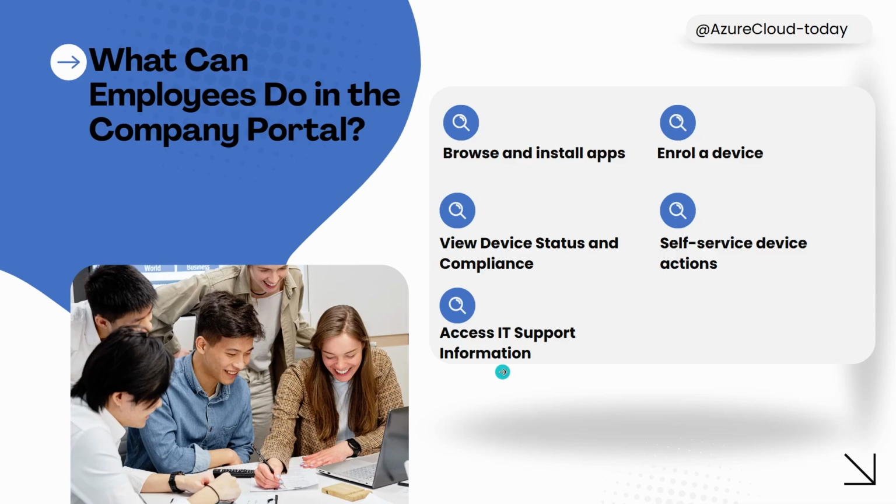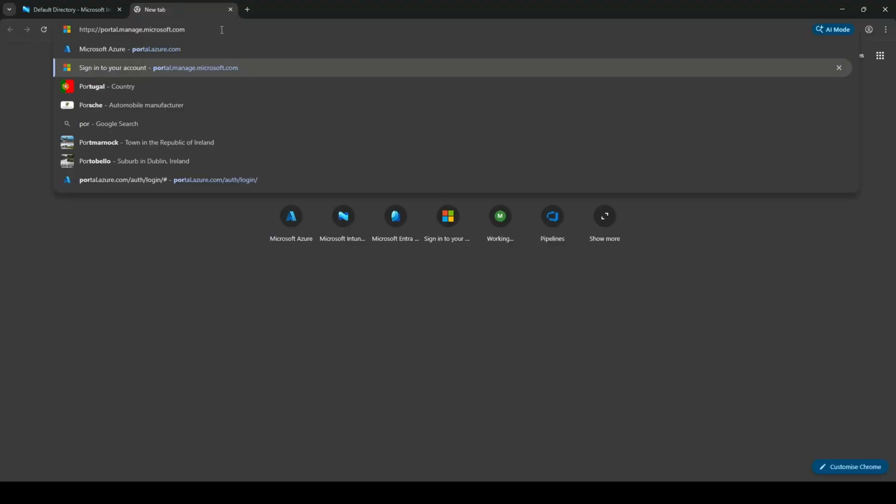Access IT support information. In this section, if the end user needs any help, then IT's contact information is provided over here. This section is configured from the Intune Admin Center for all users, and then the end result is being observed by the end user. Now let's go to